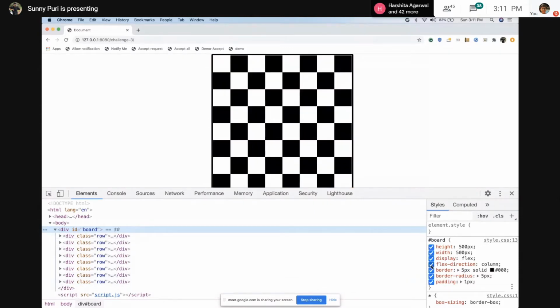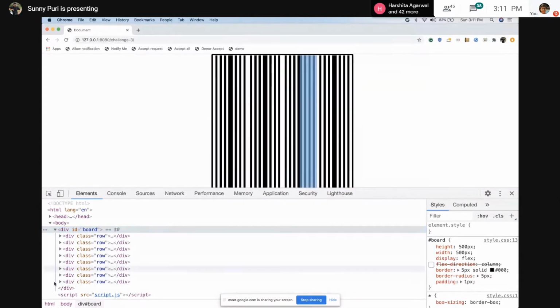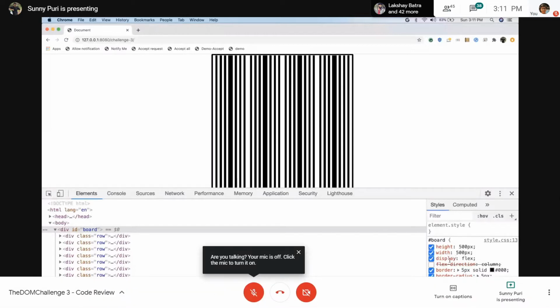With the help of flex-direction column, we have done this. By default, flex-direction row is applied when you use display flex, and in that case the rows would look like this. So we need flex-direction column.